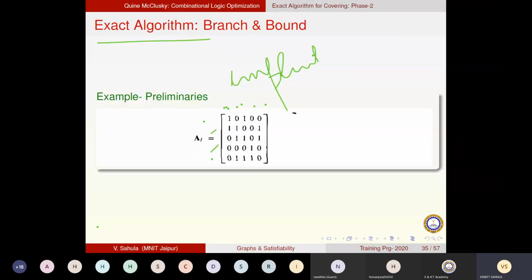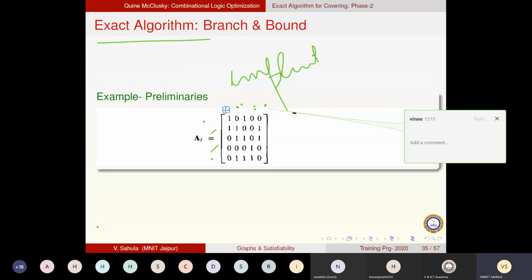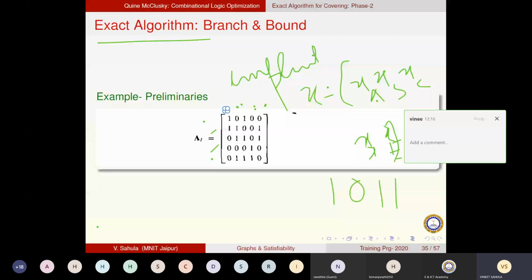I'm going back. In this matrix, how many decisions do I have to take? 5 decisions. So my X will be a decision on A, decision on B, decision on C, decision on D, decision on E. 5 decisions. So X will be a vector. If I choose A, I will put Xa equal to 1. If I don't choose B, I will put 0 here. For choosing C, I put 1 here. For D, yes. E, no. So X will have 32 possibilities. One of them is 1, 0, 1, 1, 0. Selection: first column chosen, third column chosen, fourth column chosen. So this is my X vector, which is a choice.